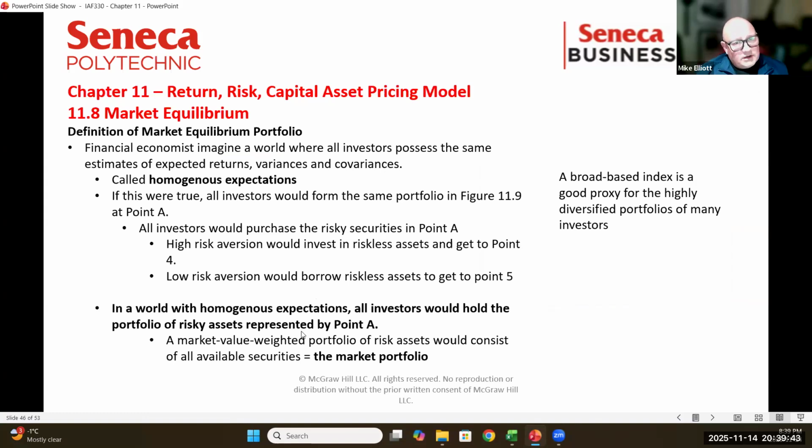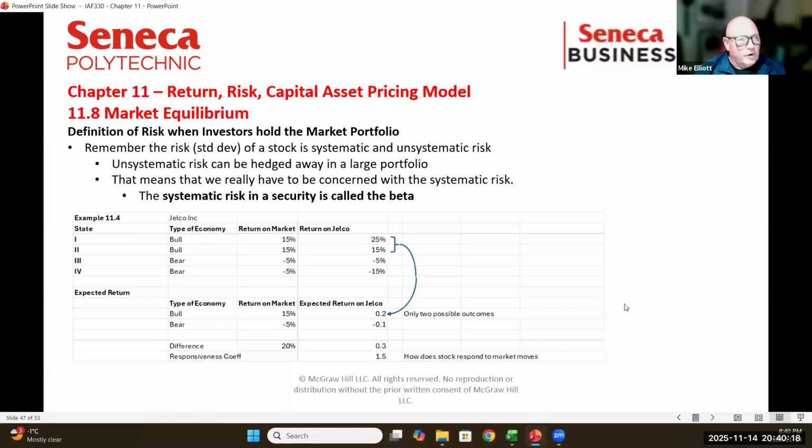In a world with homogeneous expectations, everybody would hold the same portfolio. We don't have the same portfolio. However, we can talk about that portfolio called the market portfolio. That's the ultimate portfolio. With a balanced set of expectations, this is what the market should put together as a portfolio. Now, a broad-based index is a good proxy for this. The S&P is a good proxy for this. So rather than saying, I want to create this market portfolio, why would you? It's already created for you. However,